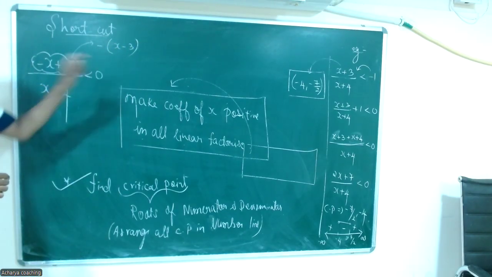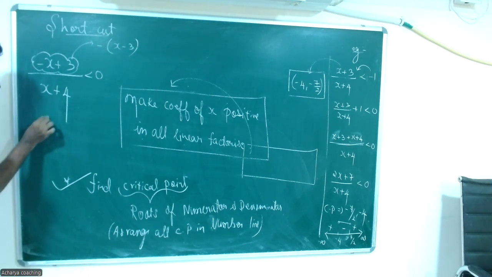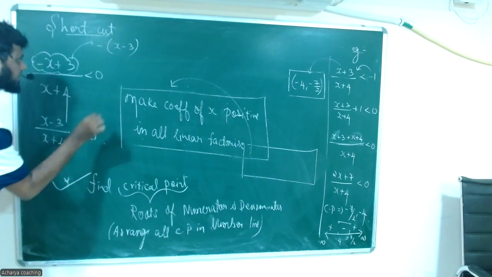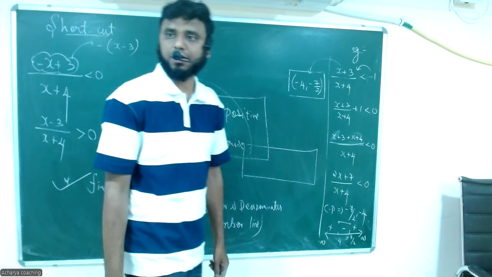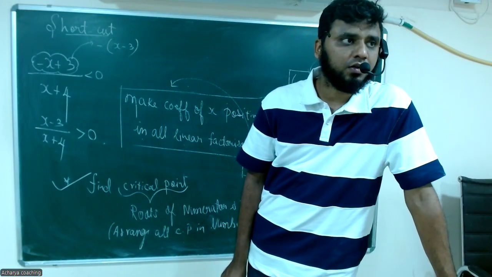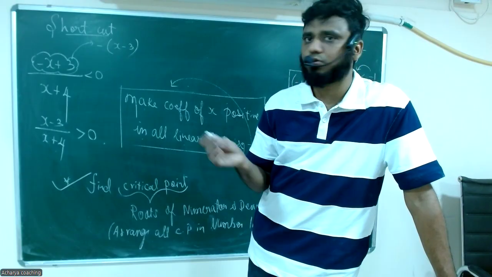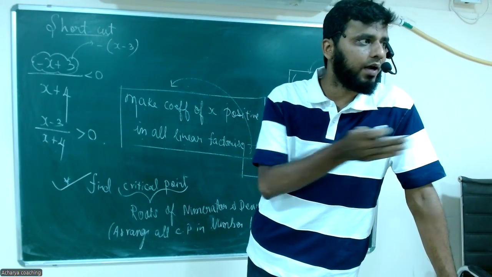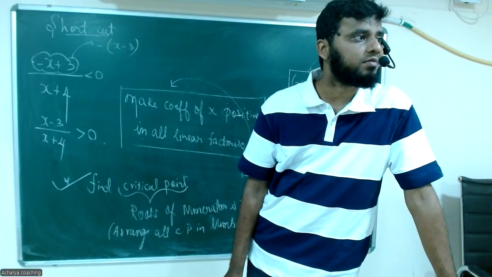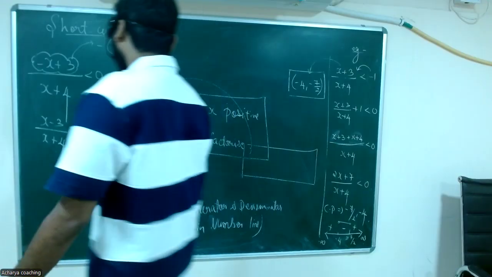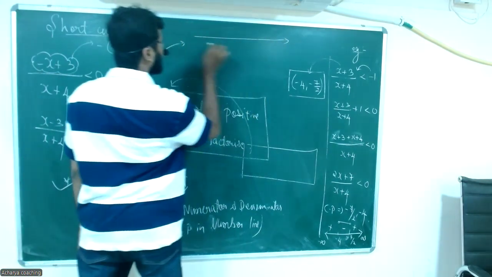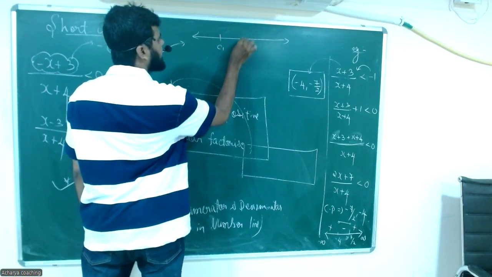I can divide by minus 1. So if I divide by minus 1, it will be (x minus 3) by (x plus 4). In place of less than 0, it will change to greater than 0. Clear or not? So like this, we have to write. Any doubt? Whenever the coefficient of x is negative, take that minus sign out and divide by minus 1. Clear? So once we have done like this, if I have critical points, let us take C1,